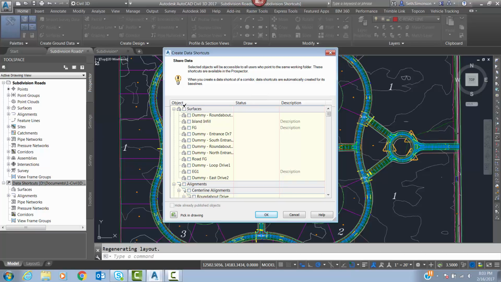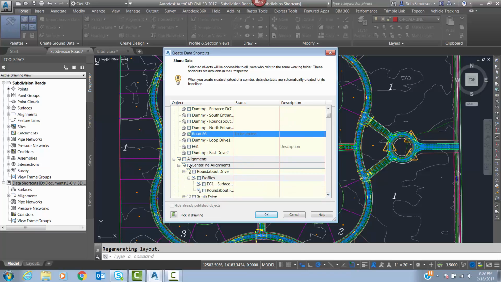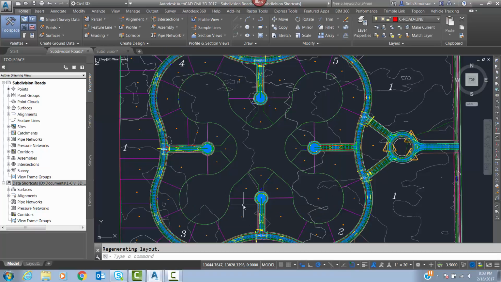So first thing I'm going to do is make sure I choose my road surface. So it's the road surface for this whole road corridor network. I pick that, as well as only my center line alignments. I only want the alignments that go along the center line. I don't want any of the offsets or curb return alignments or anything like that. So now I'm going to hit OK. And now we've created shortcuts from this drawing that we can use in the other drawings. So now I make sure to save this roads drawing,